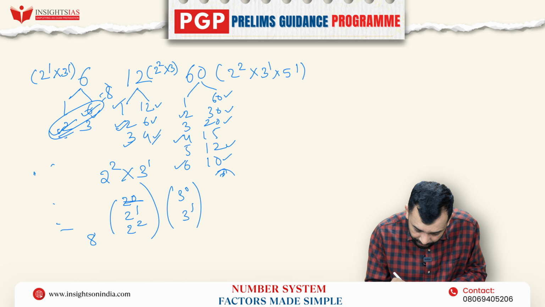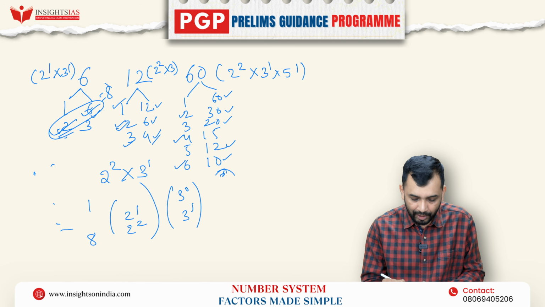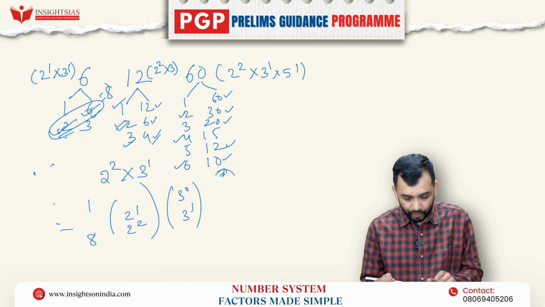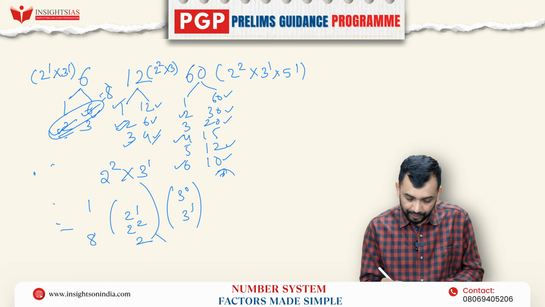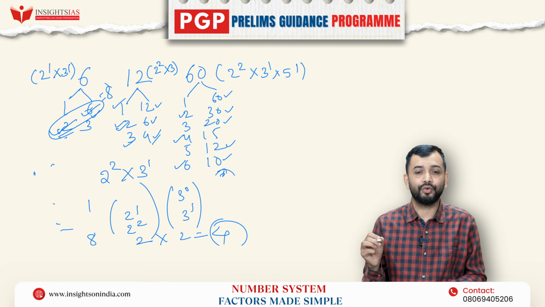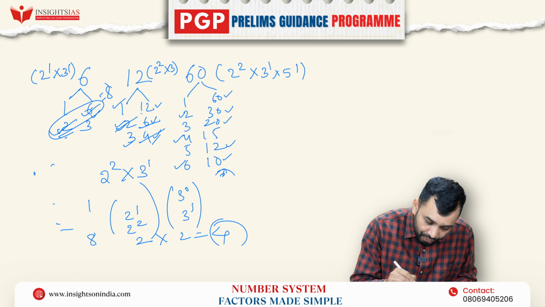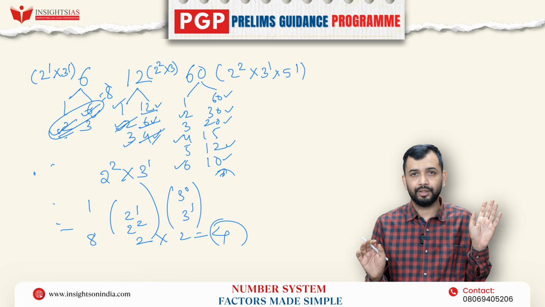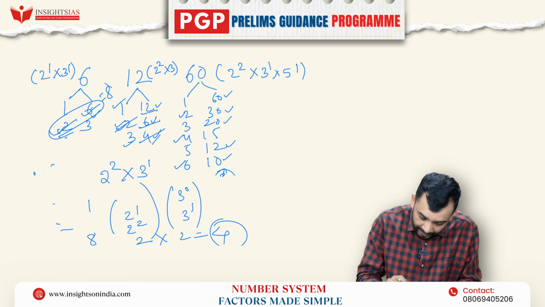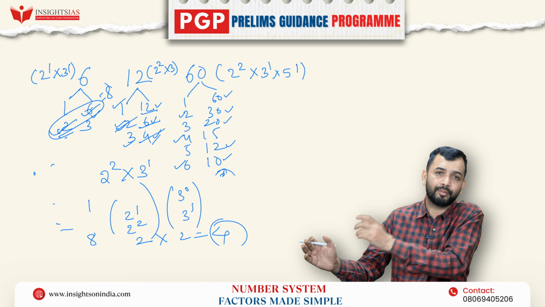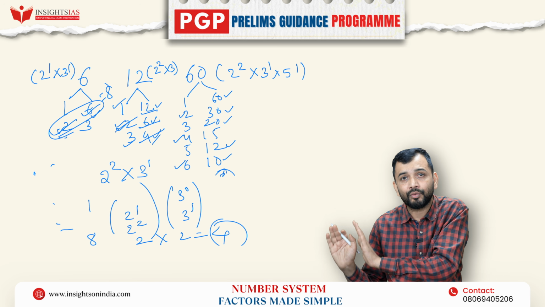So 2 to the power of 0 is giving 1 which is odd. I will remove that. So now what am I left with? 2 to the power of 1, 2 square. So there are two numbers here. 2, this is 2, this is 2. Total how many factors will I get? 4 factors. If you look at it, 1 factor, 2 factor, 3 factor, 4 factor are even. So that means if I remove 2 to the power of 0, remaining are only 2. Here it does not matter with the other factor, because once I get an even number in this bracket, irrespective of the other bracket, the answer will be